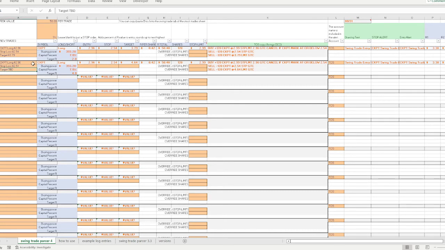I've updated it too so that if he provides a trade that says target to be determined, which tends to happen not so much on Sundays, but during the week, he'll put one out fairly quickly, and it'll have a to be determined. It will look and find that it doesn't have a dollar value, and then it will, in this particular case, use the value in S9, column S, and line number 9, because that's what this trade is, which happens to be the R4 value